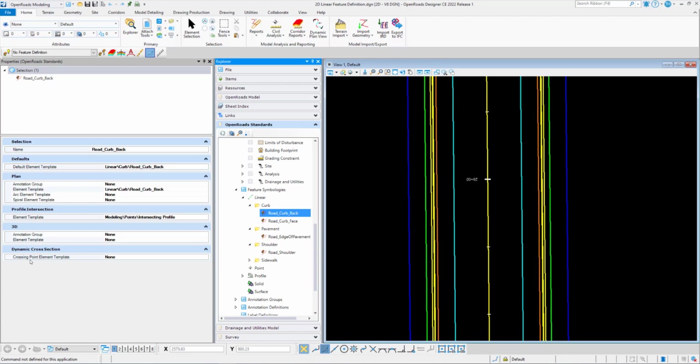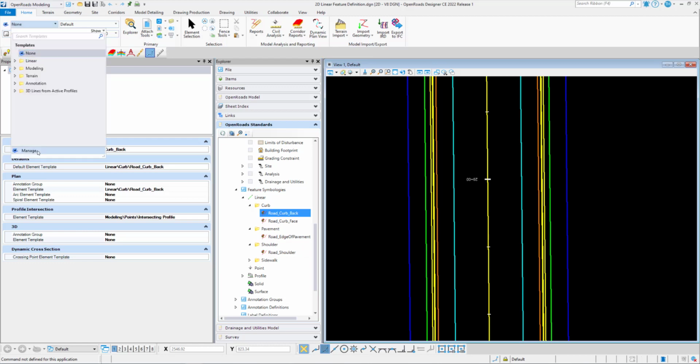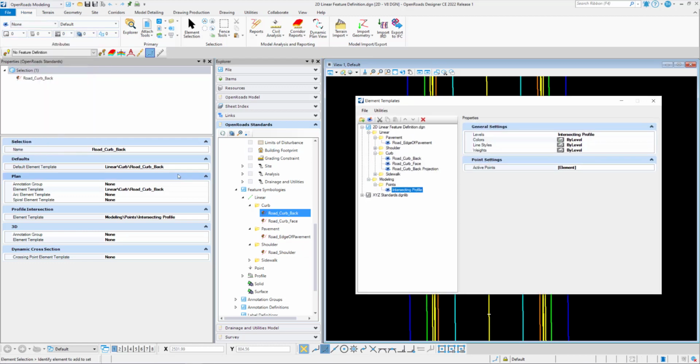That will take us to our dynamic cross-section tab that has one parameter for a crossing point element template. And this will define an element template used to draw linear features onto a dynamic cross-section at a point of intersection. So we would make sure that all these are set, and then if we take a look at our element templates, we'll know that we have our linear, we have the different categories, pavement, shoulder, or curb. So for this example, we're looking at the curb, and we have our element templates selected, road